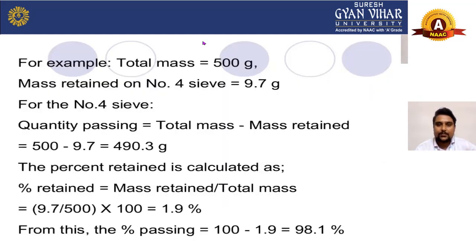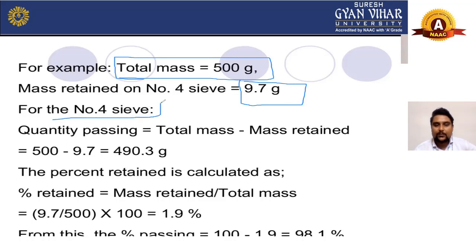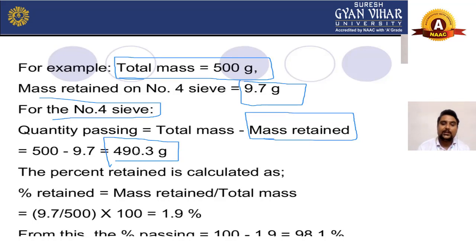For example, we will understand it by an example. If you see the example, the total mass is equal to 500 gram. We are taking the total mass as 500 gram. Mass retained on sieve number 4 is 9.7 gram, which means 9.7 gram will be retained by sieve number 4. For the number 4 sieve, quantity passing is equal to total mass minus retained. You can see we are getting it after passing 9.7 gram, we are getting here